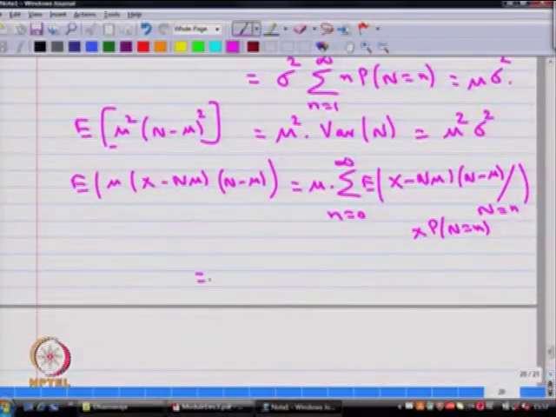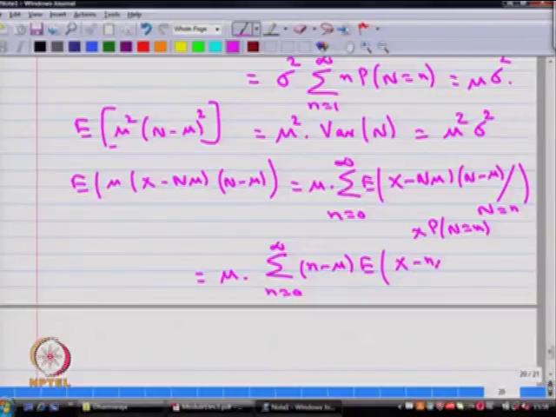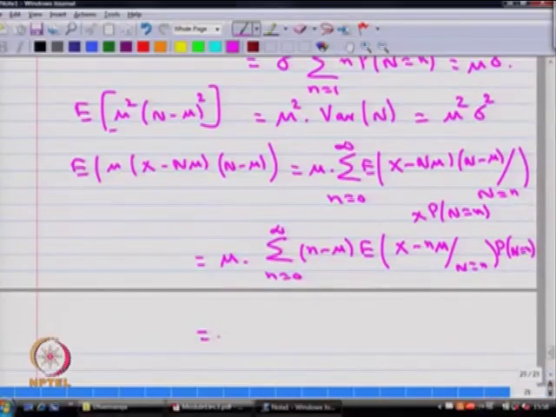So, if you simplify, you will get mu times summation n is equal to 0 to infinity n minus mu, expectation of X minus n mu given N takes a value small n, multiplied by probability that N takes a value small n, that is same as 0,